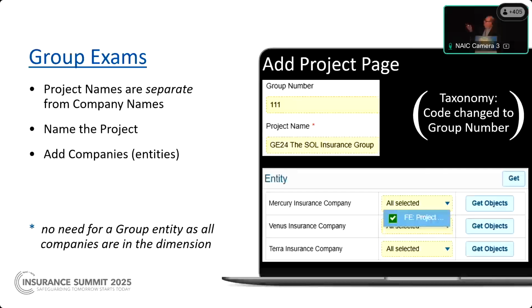In my example, when you create a project, the first thing you see is it'll probably say code or maybe notes up at the top there. So the default that TeamMate put was code for that field name. I changed mine to say group number. And then when you create a project where it says project name, it'll default with the company. The company code and the company name pops in there automatically. Well, I took that out and I put in GE for group exam. It's a year-end 24, and it's the Sol Insurance